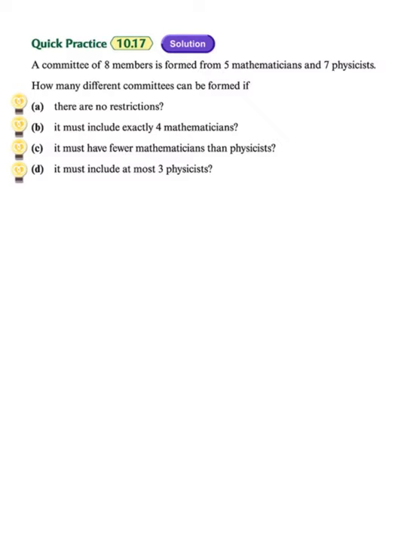Finally, for part D, find the number of different committees that you can form if it includes at most 3 physicists. At most 3 physicists means that you can have 3P, 2P, and 1P. Or actually, can we have 0P? No, actually we even cannot have 1P, because when we have 1P, that means we need 7M,